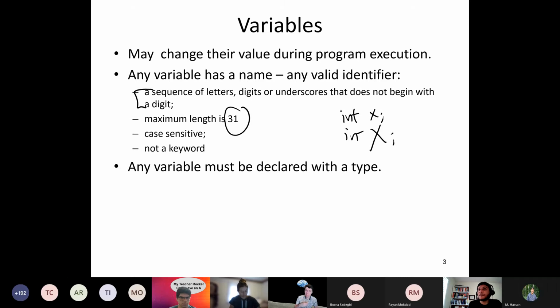And in C, you really have to declare the type of the variable. In Python, you didn't have to. In Python, you can use the same variable name and change its type along the way. You can initialize it as an int, and later on assign a string to it. In C, this is not possible. And this is maybe because C is a compiler-based language and Python is an interpreted language. This is what makes Python slower, because it executes line by line on the fly, while in C, the compilation process is offline. It gives you an executable, and this is what's going to run.